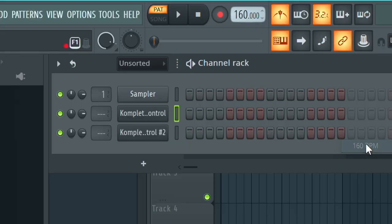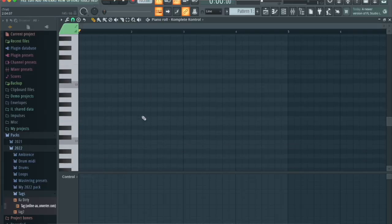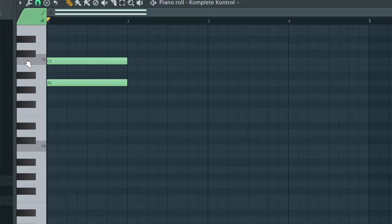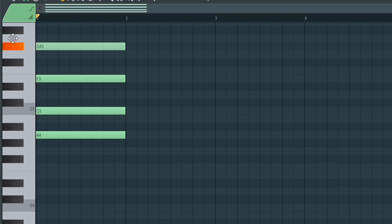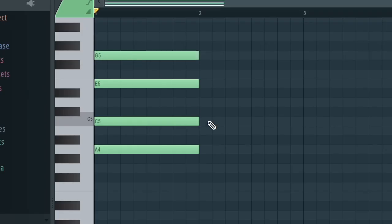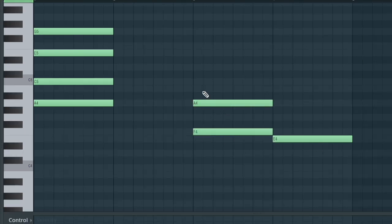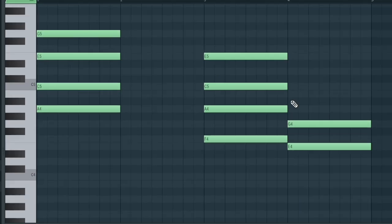So let's try to keep our BPM maybe at 165. We're going to draw a simple chord progression. I have this pad selected here, and we're in the A minor scale, so it's A, skip a note, C, skip a note, E, skip a note, and then we're going to use half steps, so it's F and E is a half step. Skip a note A, skip a note C, skip a note E, G,